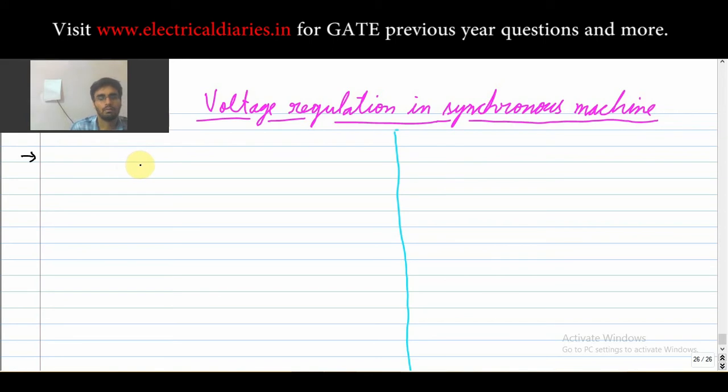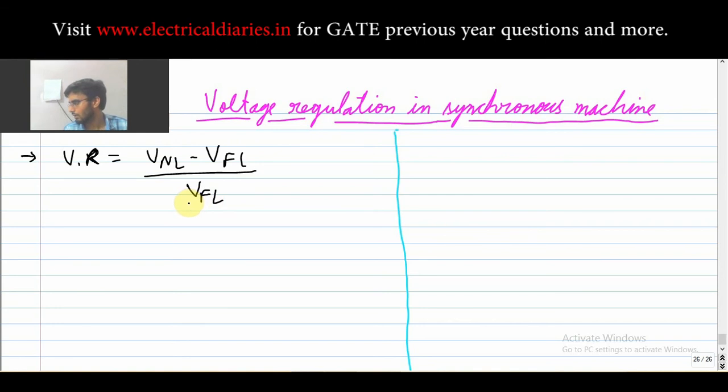So I have already told in the basic voltage regulation video of transformer. See, voltage regulation always means that V at no load minus V full load divided by V rated, and usually in every case we take V rated as simply V full load, because in the ratings of the transformer or any machine, we are always given the full load ratings. That is our terminal voltage, the full load voltage, in the generator ratings. So that is the whole idea.